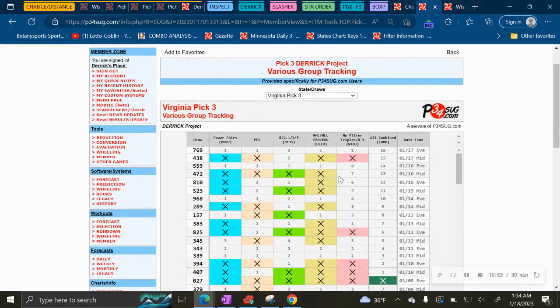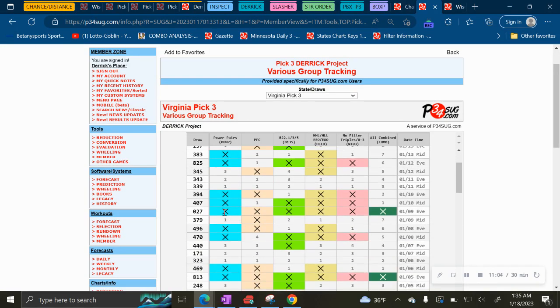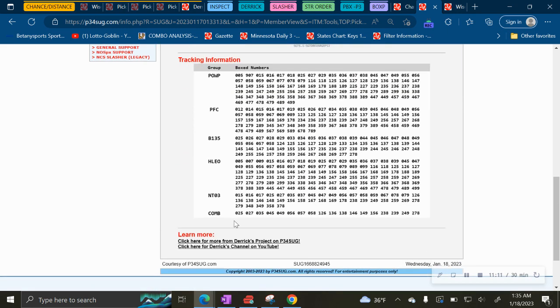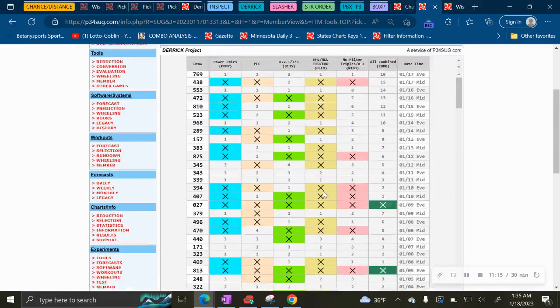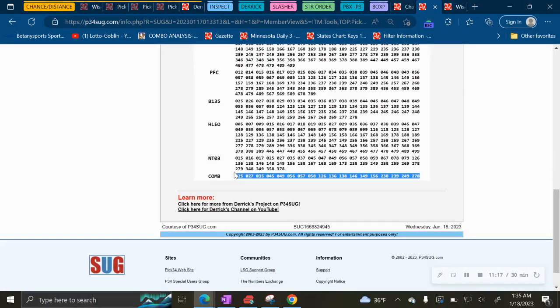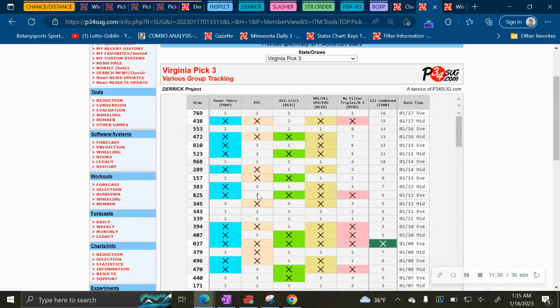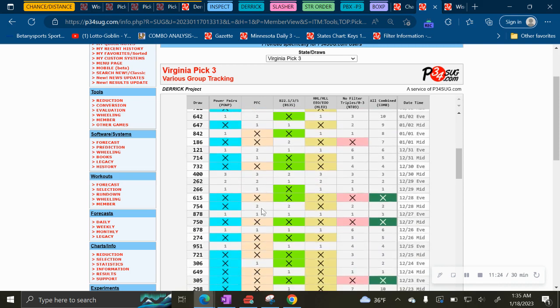Yeah, I guess this one you could say the same thing. A lot of times when the power pair hits, it also hits with a high low, and that can be very useful. How often does it throw across the whole thing like this? Not that often. You're only going to be getting this many numbers, so that obviously doesn't hit that often. But doing 3 of them, doing 4 of them, that hits not that often, but